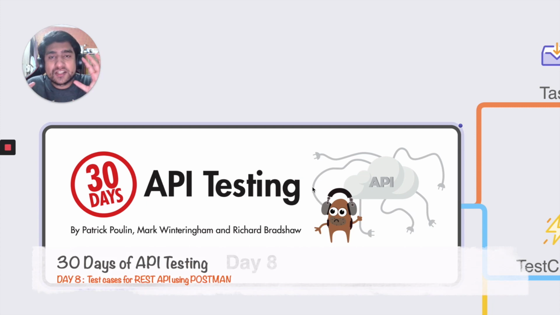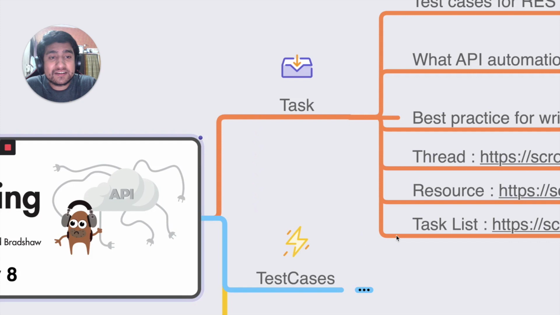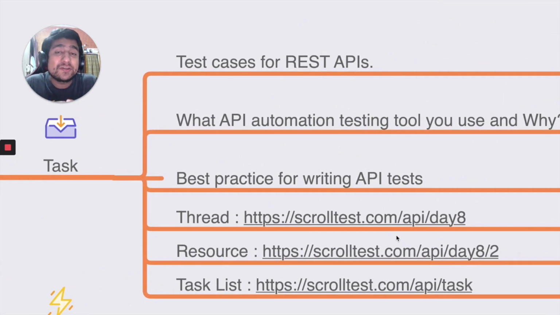All right, guys. So this is day 8 and we have a task. The task here is that we need to get the test cases for the REST API. The task is a little bit different, where you will go to a club website and share any kind of things that you know already, or you can ask a question related to API testing. So if you go to this thread,